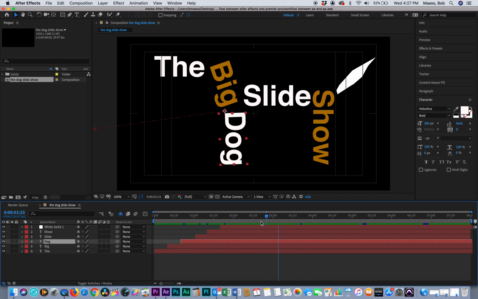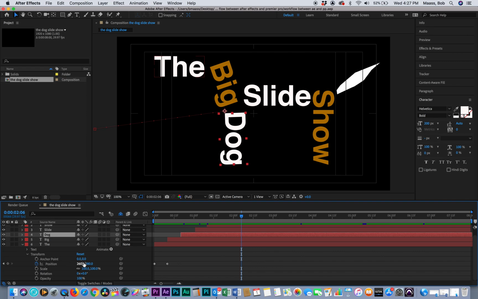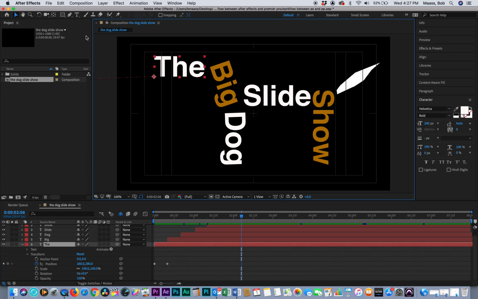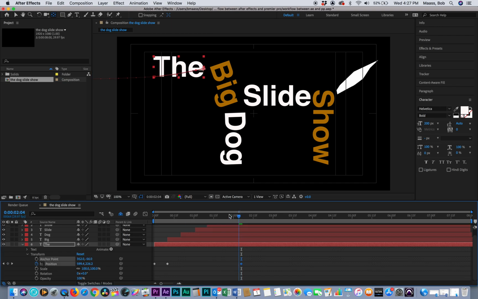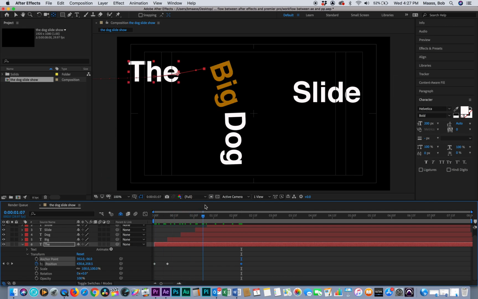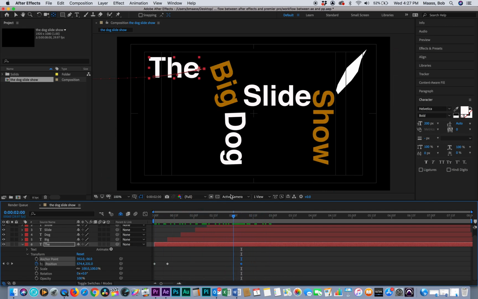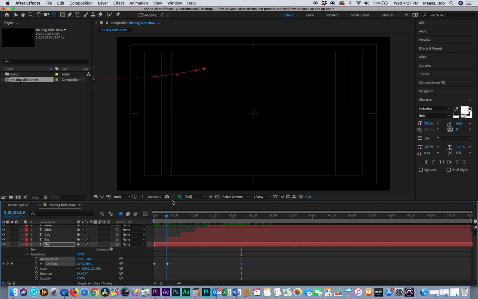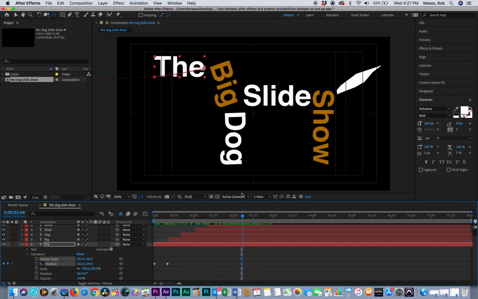We got the dog wagging his tail there. Where does it start wagging? It starts wagging there. I'm going to open up and see what my rotation looks like. I don't want it to rotate there. But what's going to screw it up is if I change this anchor point to there, watch, it's going to mess up. Oh, actually, it doesn't mess it up that bad. So that actually works. And then I'm going to have the dog move his head up and down